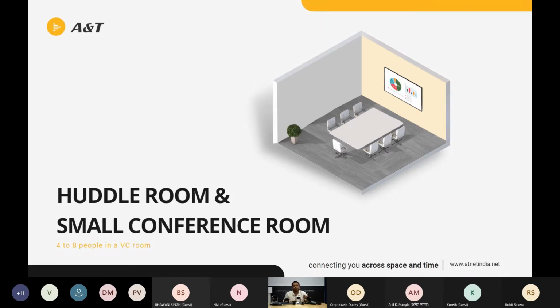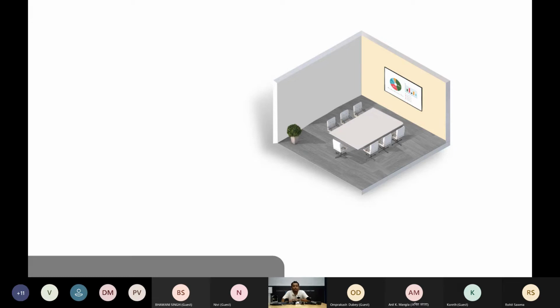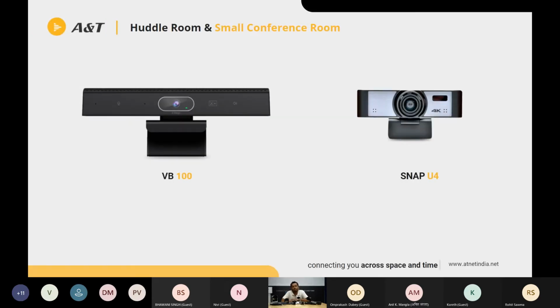And then let's move on to the huddle room and small conference room solution. By huddle room and small conference room, we mean a 4 to 8 seater room. There we have our superstar product called VB100. VB100 is a compact, small video soundbar, which comes with the camera, microphones and speaker on top of it. So it's an all-in-one video soundbar, where the special feature of this device is